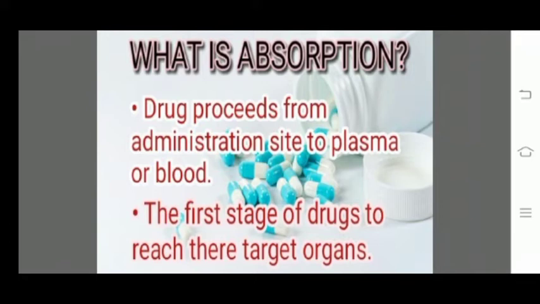What is it? It mainly depends on whether the drug is acidic or basic. Suppose we take an acidic drug, so it's obvious that it will absorb in the acidic surface of the stomach. For example, if we take salicylate, then it will absorb in the stomach. As the surface of the stomach is small, the rate of absorption will be less here. But what about basic drugs? If we take basic drugs like pethidine or ephedrine, they will be absorbed in the alkaline medium of the small intestine, which has a large surface area.